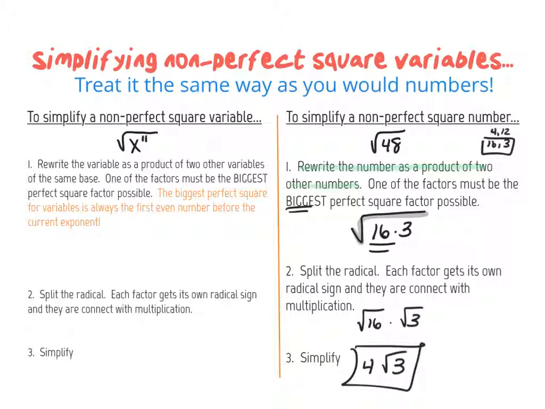The same exact thing is going to happen with our variables. We are going to take the exponent that's not a perfect square and rewrite it as a product of two other variables of the same base. But just like over here, when we did it with numbers, one of those factors must be the biggest perfect square possible. And we remind ourselves that the biggest perfect square that goes into an odd exponent is just the even number that's right before it. So what I mean by that, instead of x to the 11th, I could write that as x to the 1st times x to the 10th. Because if I split them into their own square roots,